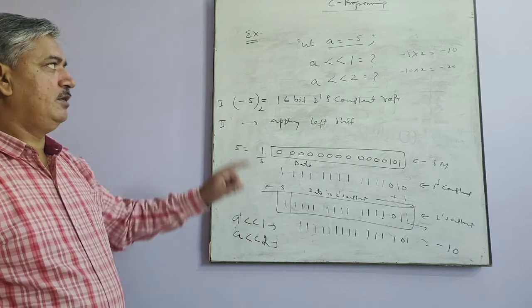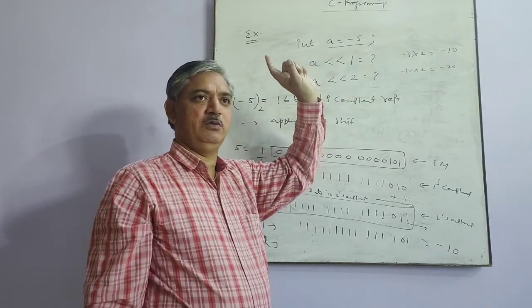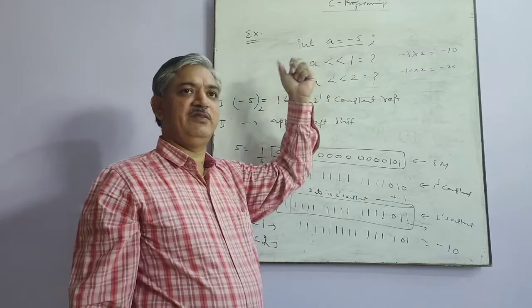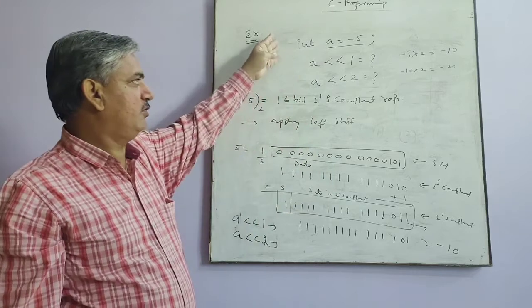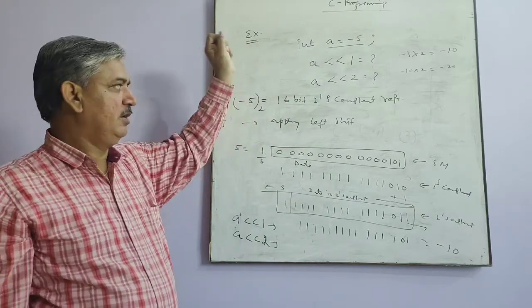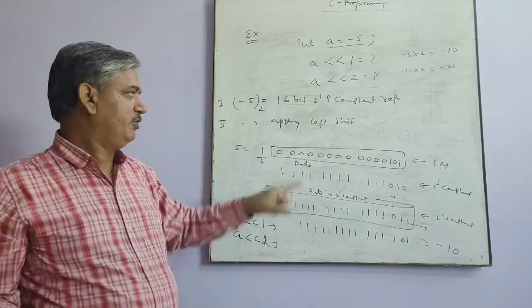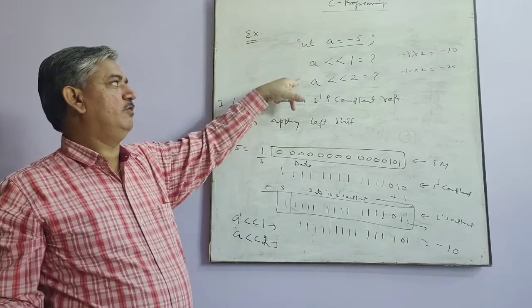So this left shift multiplies the operand by 2, and similarly right shift divides the operand by 2. So these are the shortcut methods for multiple choice or objective type questions. And for descriptive questions, this is the method to compute or to find the